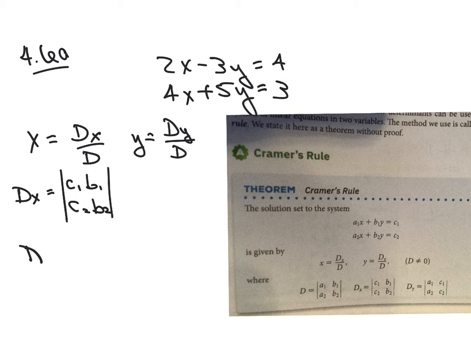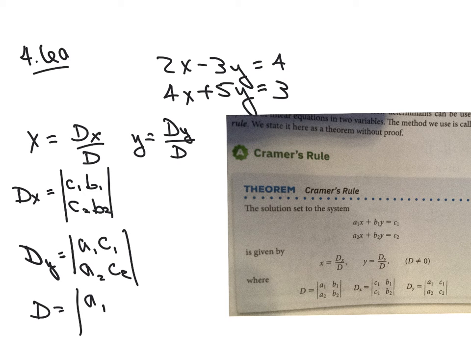Okay, Dy equals a1, c1, a2, c2, and then D equals, I'm just copying this down from what they give you in the book because I want you to at least kind of follow what's going on here and not just zone out on me. Okay, so now